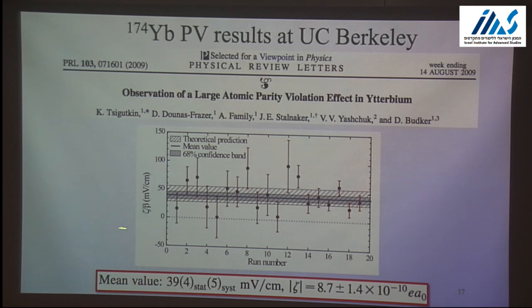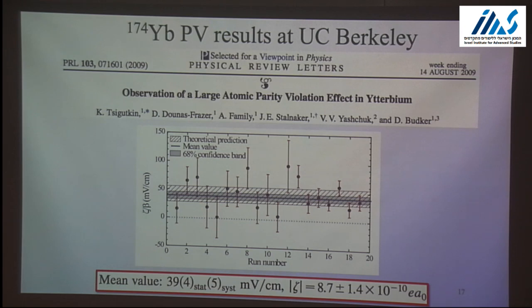2009 results. So this is the parity violation amplitude in some units, which I don't want to explain at the moment, but this is basically the parity violation effect. And this is no parity violation. So this is the mean value. So this was the range of theoretical predictions for the magnitude, and this was our result. So this was basically a confirmation that the effects can be very large, on the scale of these effects, parity violation